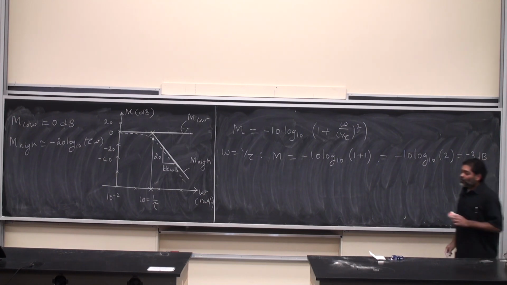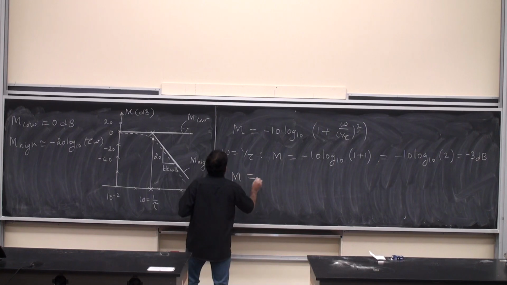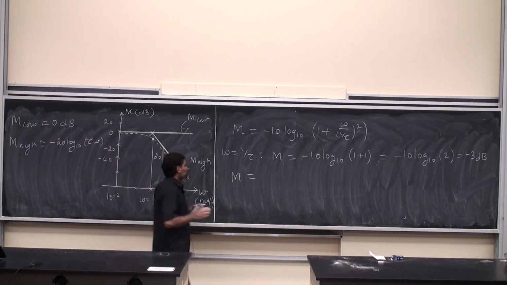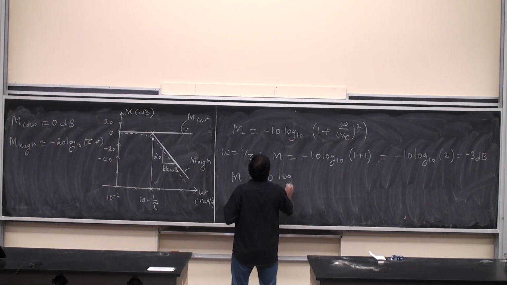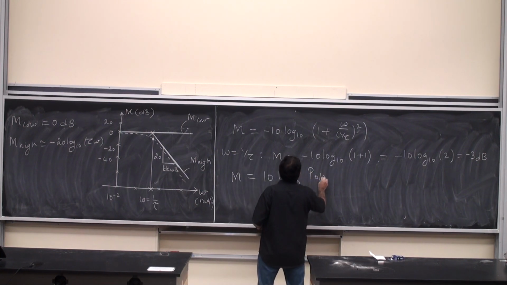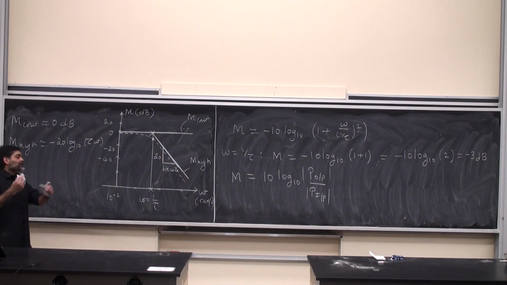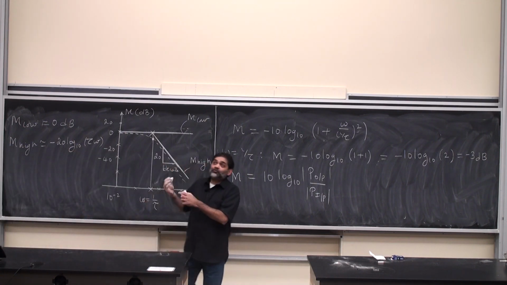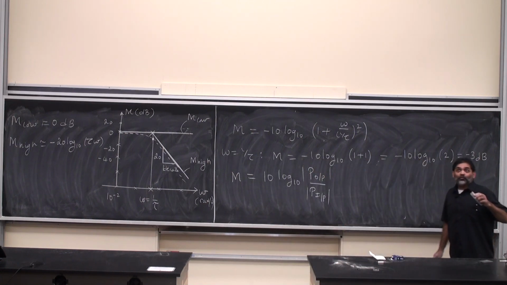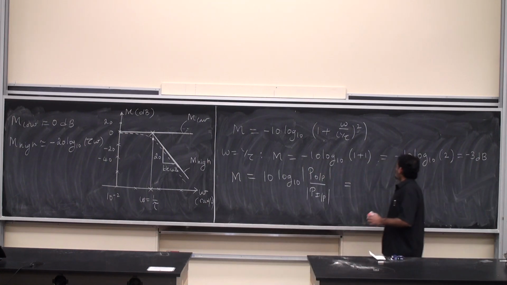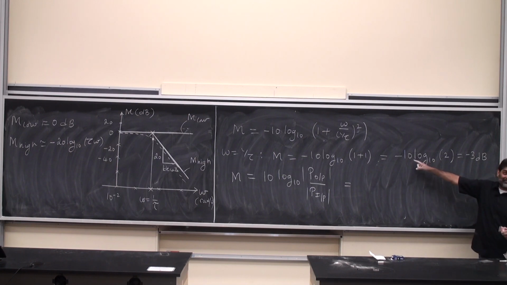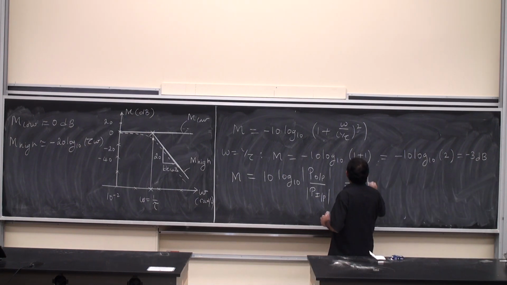Here is what I want to do. M, which is the power gain, as you know, is 10 log 10, right. This is a basic definition. This is where we started. This is in decibels, and then we substitute voltage, and so it becomes a square, and so it becomes 20. At omega is equal to 1 by tau, this is now, watch this, minus 10. Bring the negative sign inside this creature here, so this 2 becomes 1 by 2. So that becomes now